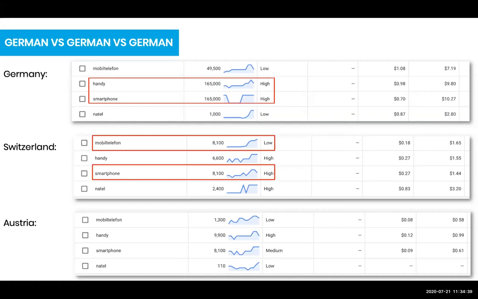I went to a store and I asked where I could buy a Natel. They had no idea what I was talking about. They thought I was, you know, like a Martian, etc. So many people in Switzerland early on used that branded term Natel, and search